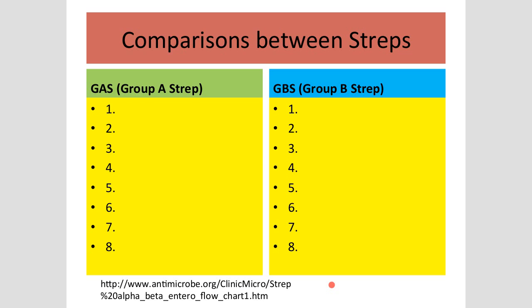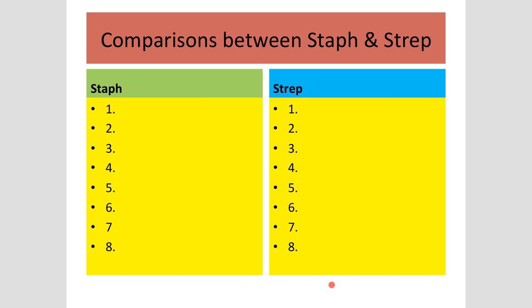But it's your task to know how you are going to differentiate a streptococcal meningitis from any other meningitis. You want to make sure that you do, because you have to treat them separately. We're very specific in terms of treatment. So I would recommend that you make your own charts and compare, especially group A streptococci with group B streptococci. And then make sure that you also know the difference between staph and streptococci. These are the commonest bacteria that we come across in clinical practice. So we really have to have a very strong control on that. Okay? Any questions related